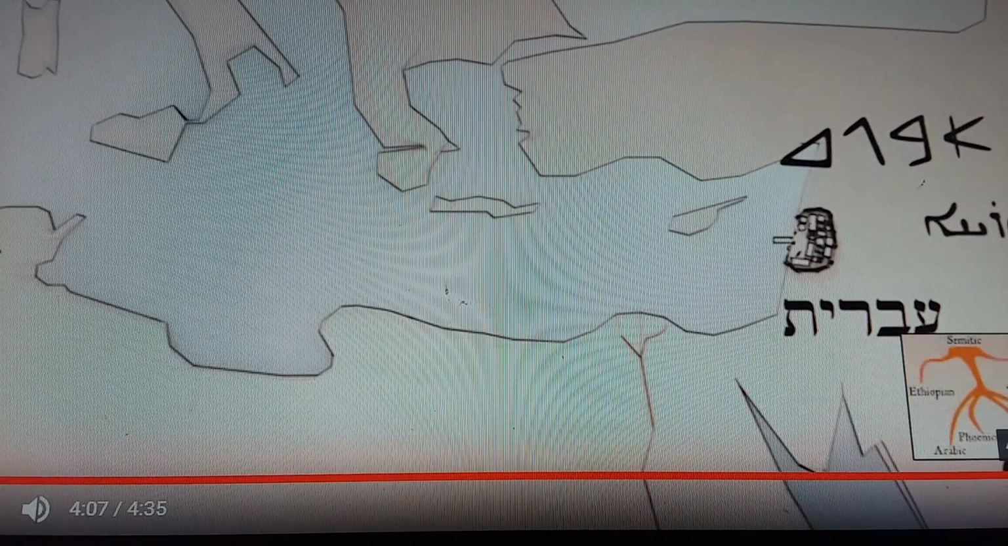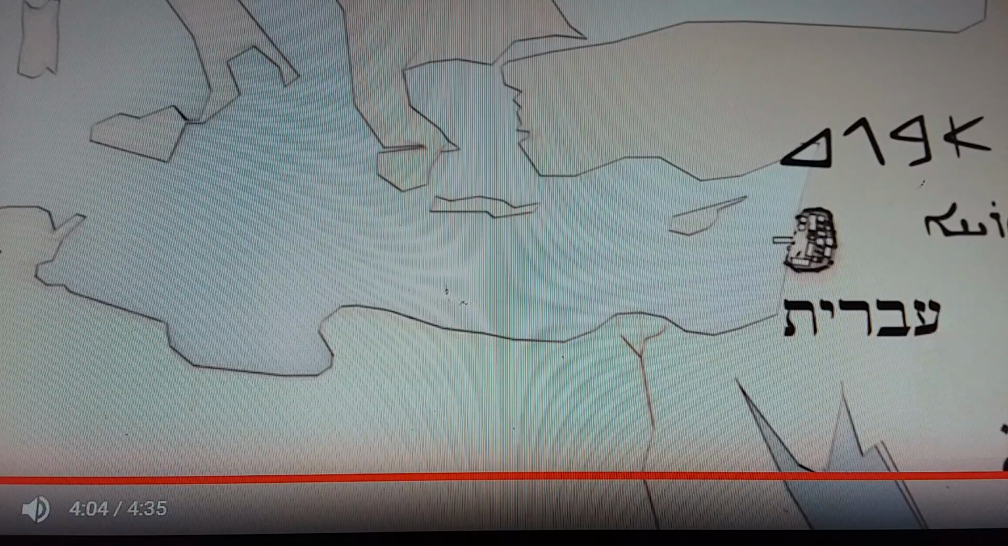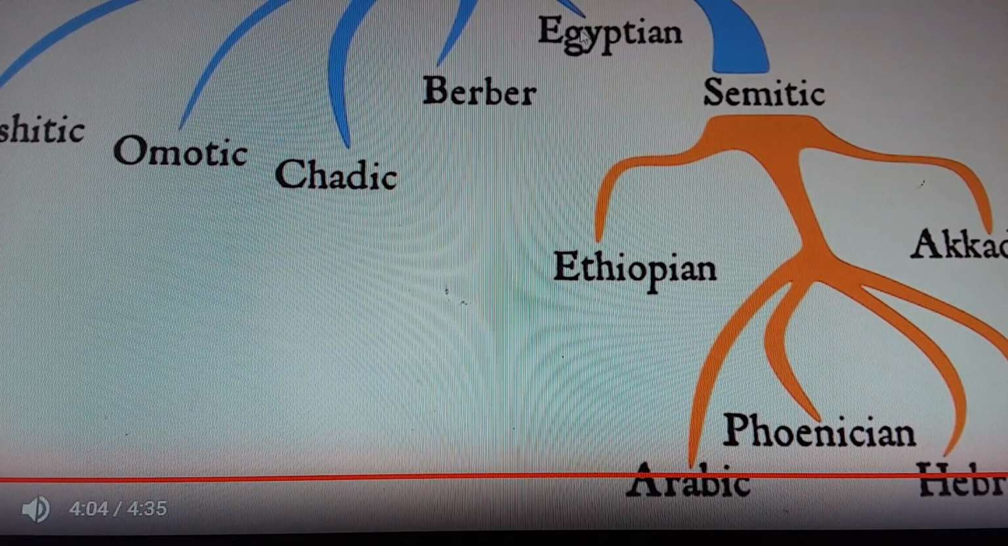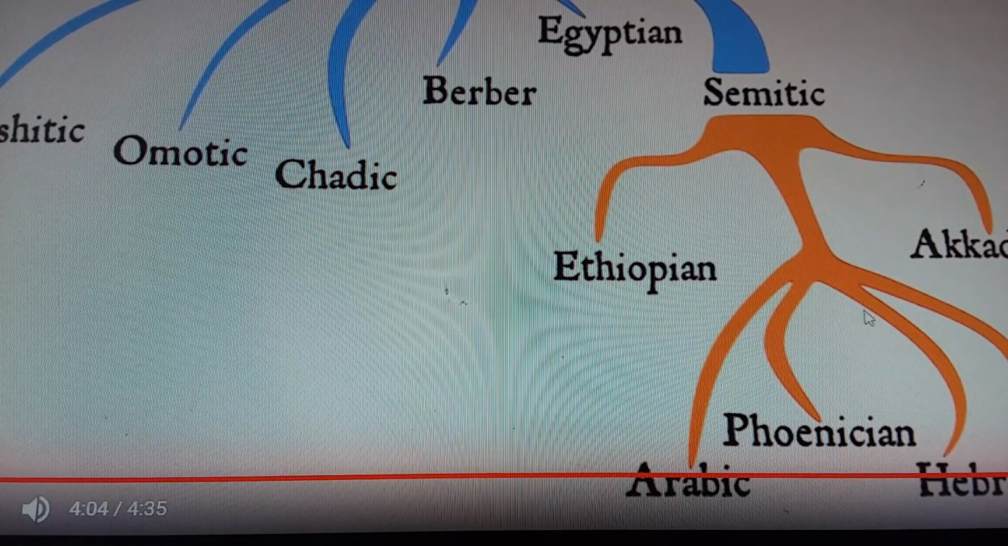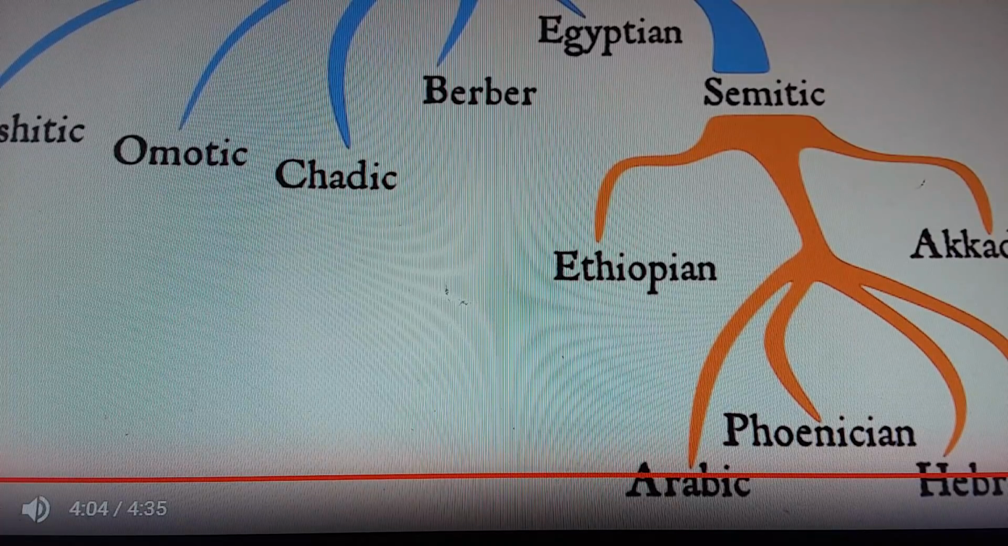You see how they're saying this is an Afro-Asiatic language group and its Semitic branches off of it. Everything comes from Egypt. That's what they're trying to say. When you know everything comes from a Semitic background, which is